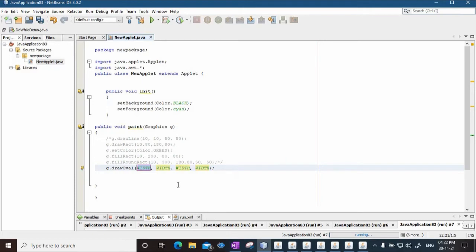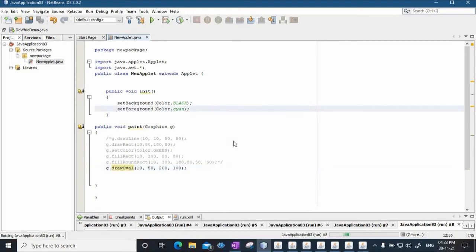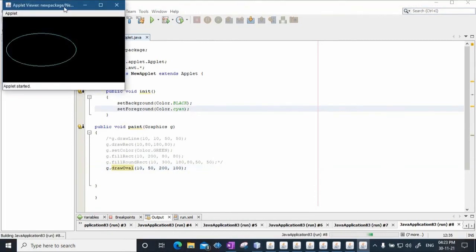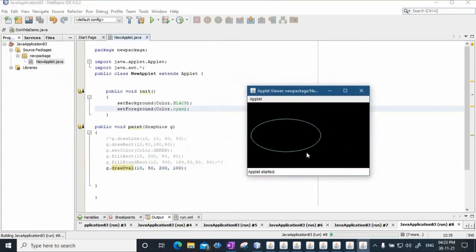Now when you specify an oval, again it has x and y coordinates, say 10, 50. Okay, and width is say 200. Height is say 100. You can save this and you can run the file. So this is that oval that has been drawn.